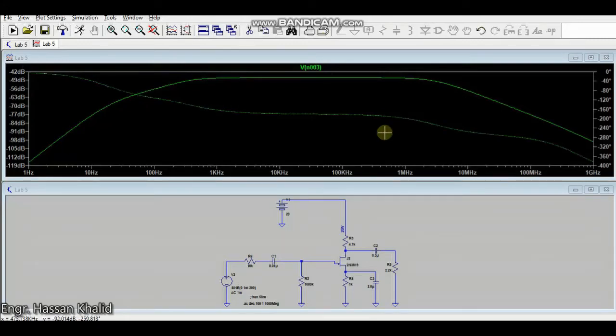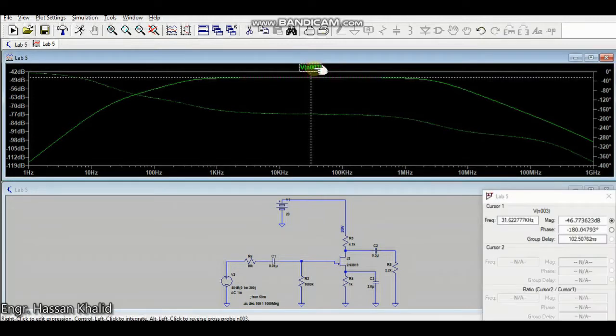Okay, now you need to calculate the bandwidth of the system. For that purpose, you first of all recall the cursor and measure the maximum decibel. It's actually 46.77. Okay, and remember that the bandwidth is the maximum allowable range of the frequencies